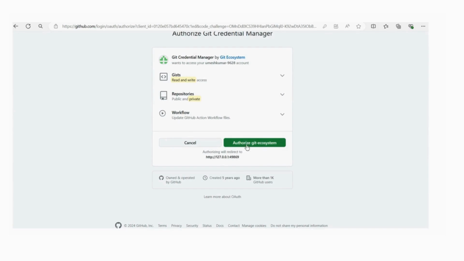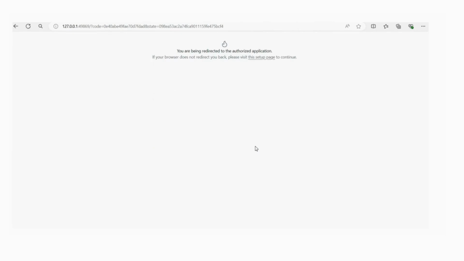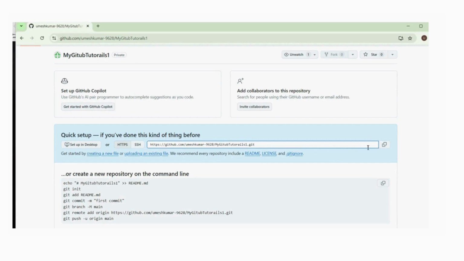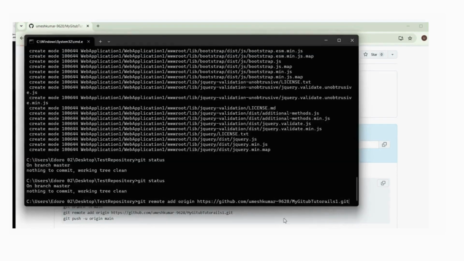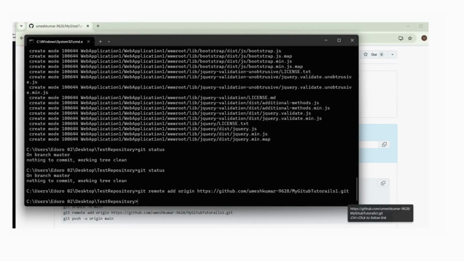https://github.com/user ID. Click on the authorize Git ecosystem. Repository name .git. Just copy it and you can paste it here. Now enter the